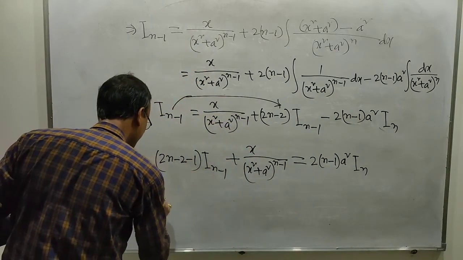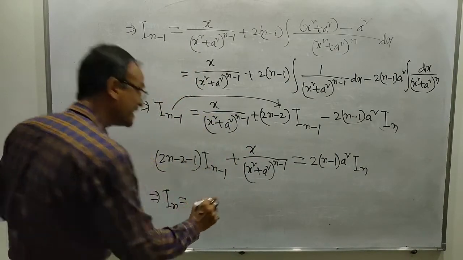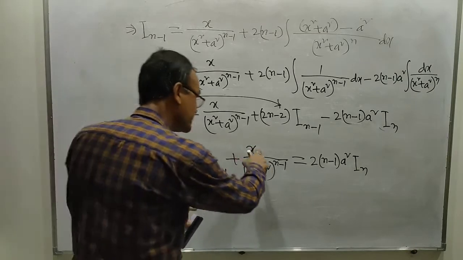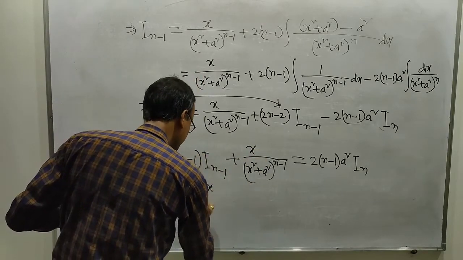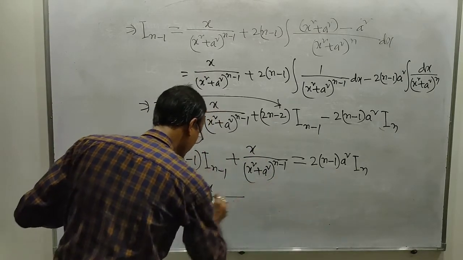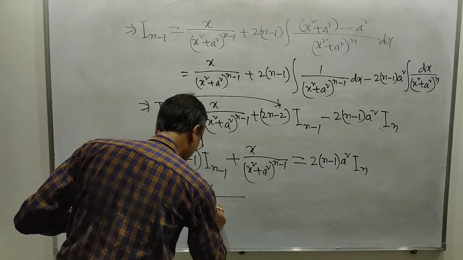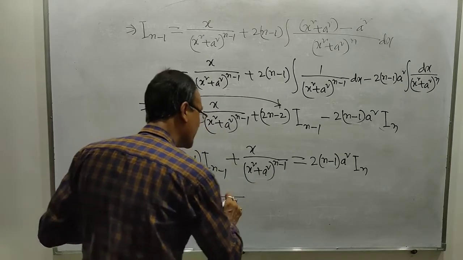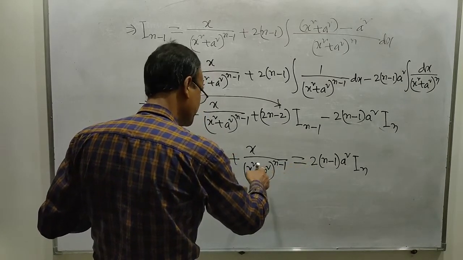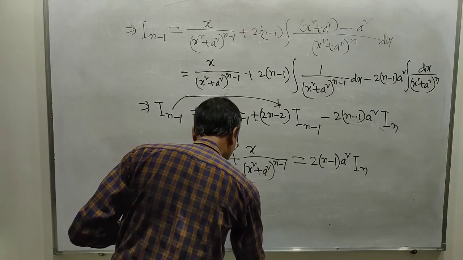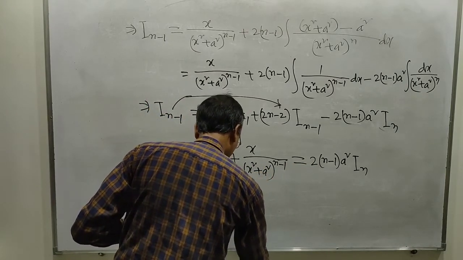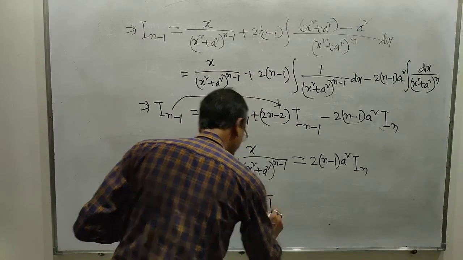This means I_n equals x divided by 2(n-1)a² (x² + a²)^(n-1)